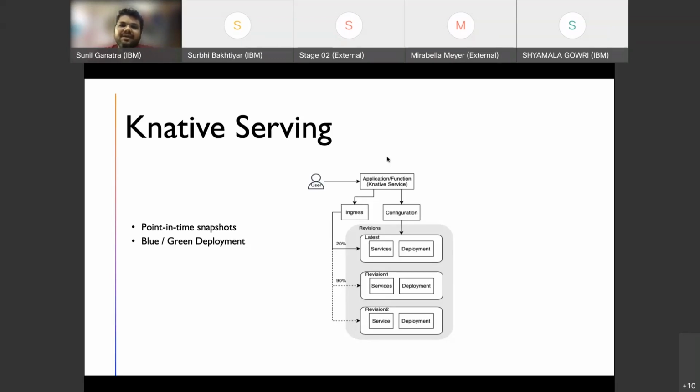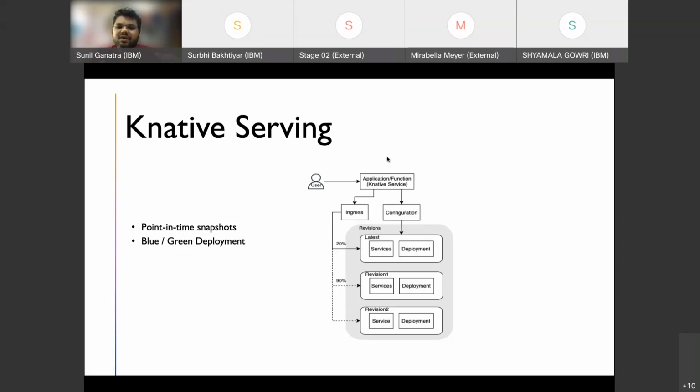And if everything is working fine, in that case only I should reroute all the incoming requests to my latest deployment. So it gives you a capability where you can create a snapshot of your deployments based on the configuration, and based on the revisions.